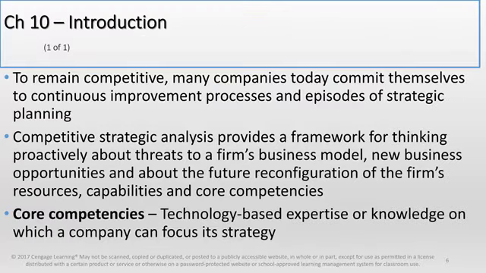Strategic planning and competitive analysis. Firms commit to continuous improvement in strategic planning to stay competitive. Competitive strategic analysis helps firms do the following: anticipate threats to their business model, discover new opportunities, and reconfigure resources, capabilities, and core competencies. The key elements of a business model, from Figure 10.1, are: